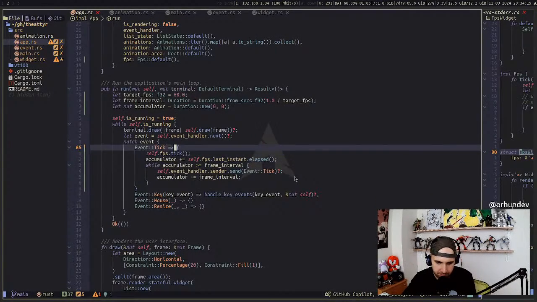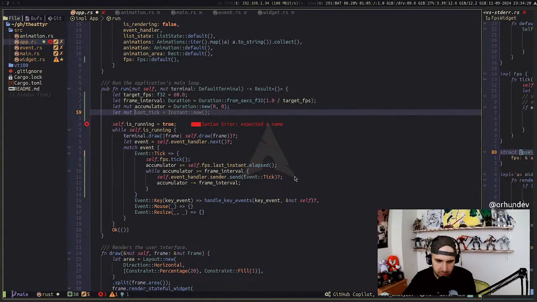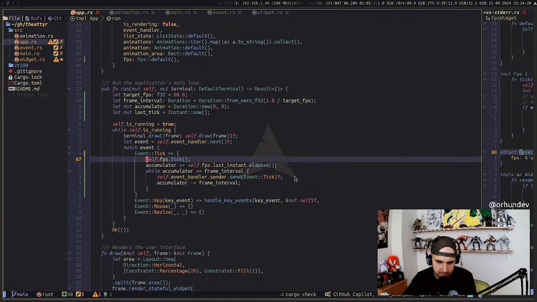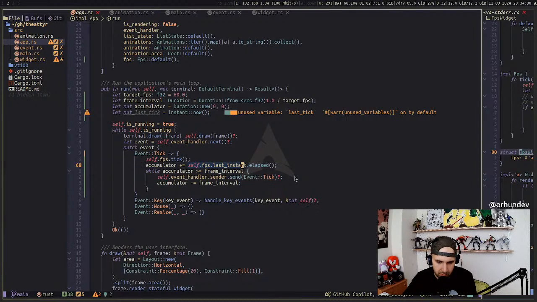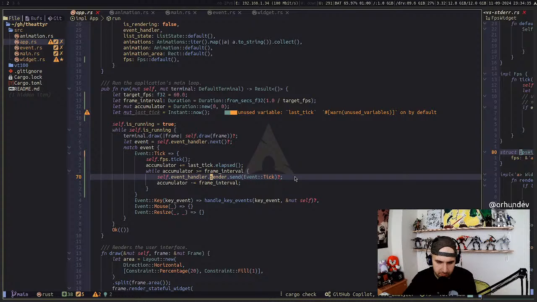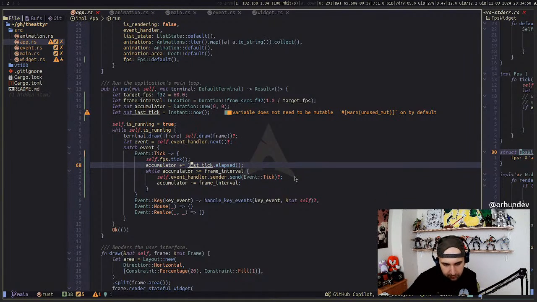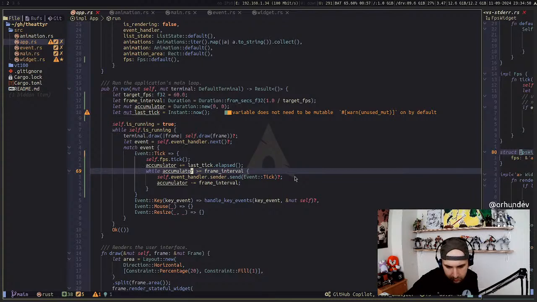I mean, the frame counter, FPS counter, and the instant one. Okay, gonna use this type now. Last tick elapsed. So if it is bigger than 16,